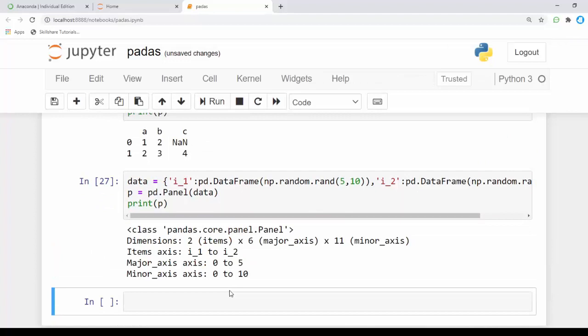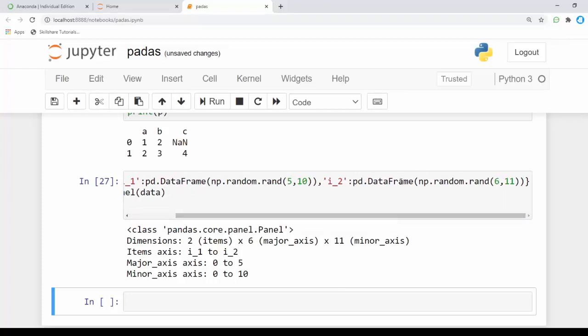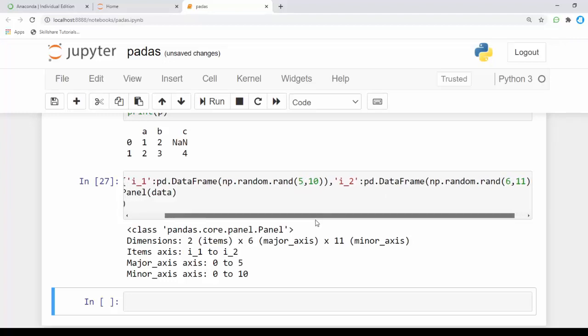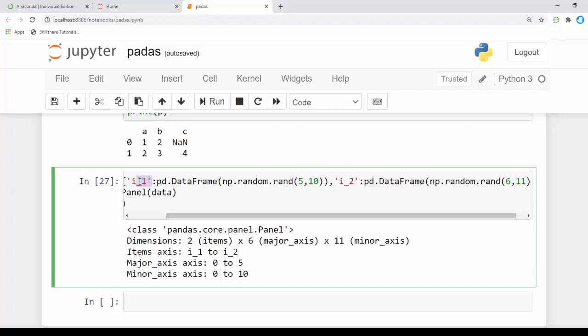We got an output similar to that. The item axis took item 1 and item 2, and for the major axis it starts from 0 to 5 and the minor axis from 0 to 10, like that.